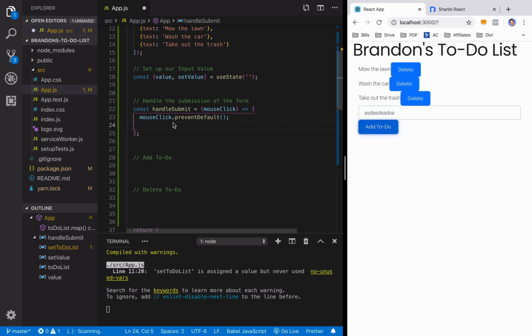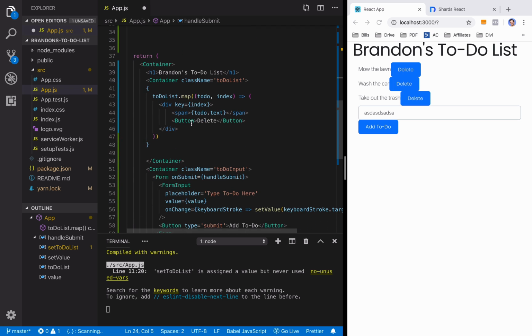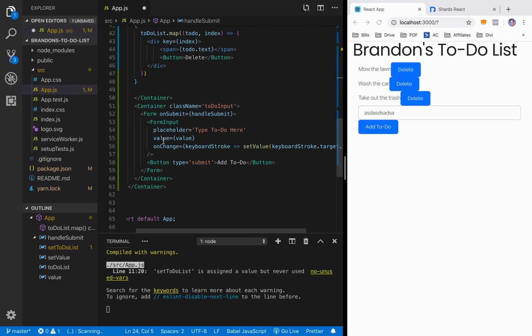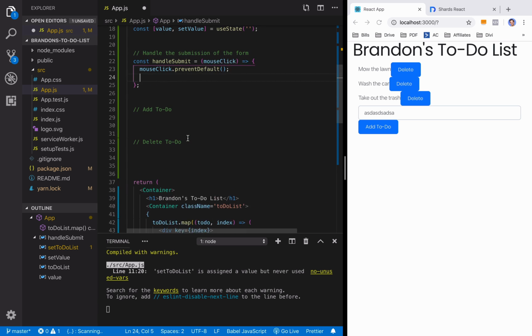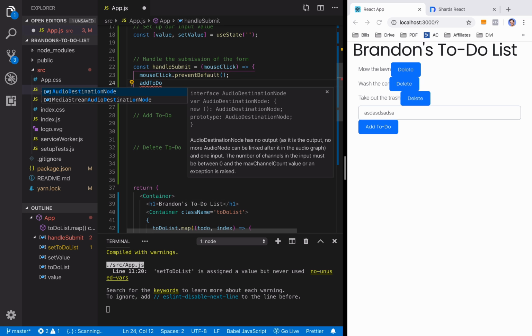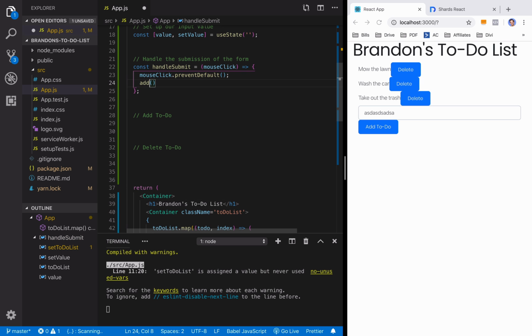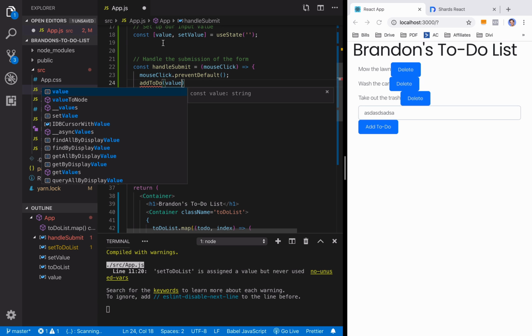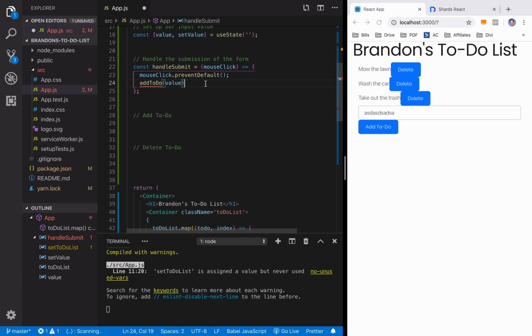So when this form is submitted, we want to prevent the page from reloading, and we also want to pass the value that is in the form input. Remember, value equals the value variable right here. Think of it like that. We want to pass that into the addToDo function, which we have not created yet. So I am going to type in addToDo, and we're going to pass the value, which we've set up here, to addToDo. And then once that's passed to it, we want to reset this value